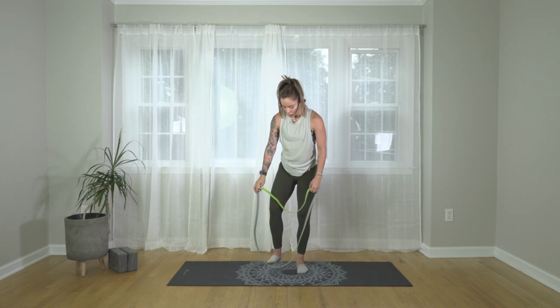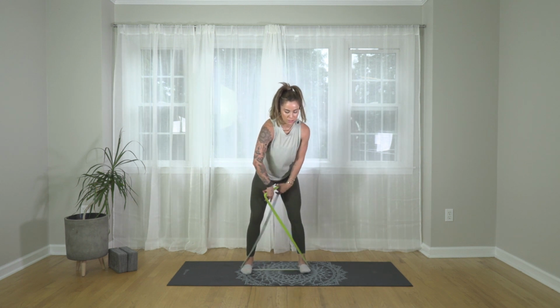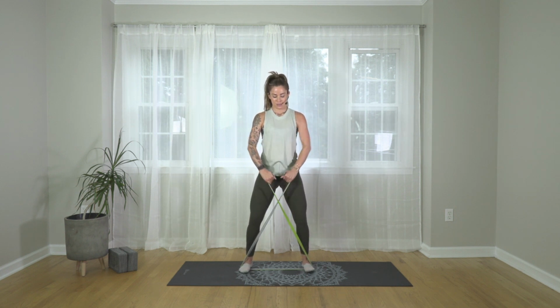Great job. As you step into it, feet a little wider than hip distance. Go ahead and twist that resistance band if that's your setup for today. Otherwise, stay as you are. Bend the knees, drive the knees out to the side. Don't let them cave in here. You're going to press down through the outside edges of the feet. Go ahead and brace that core as you exhale and lift the arms for 10, 9, 8,